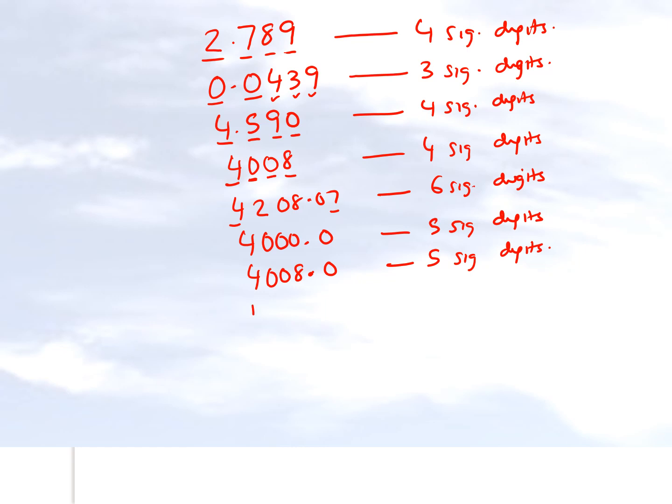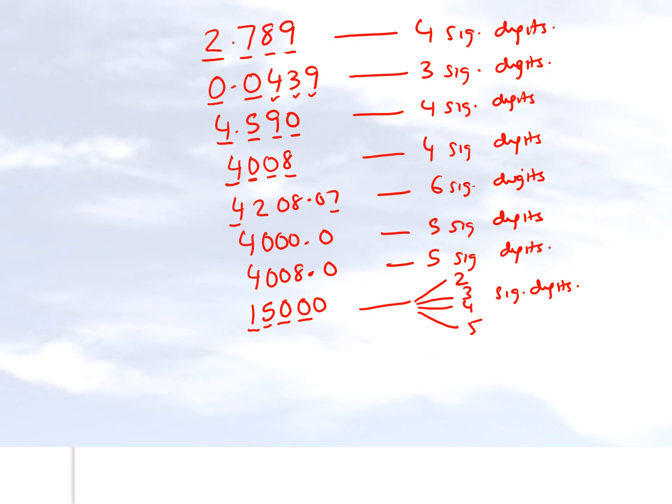Having talked about all these different rules here, the only one which is left over is a number like this. If somebody gives you 15,000, you don't know exactly how many significant digits there are. So in this case you can say there are 2 or maybe 3 or maybe 4 or maybe 5 significant digits. So when somebody asks you how many significant digits are correct in this answer, you should say 2, 3, 4, or 5, not pick and choose based on what you think is correct.